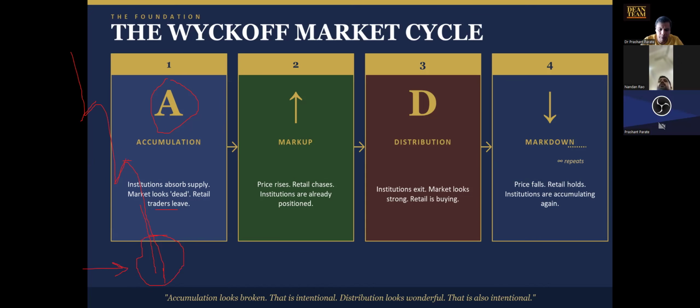After that, what happens when the prices go up? If their absorption is complete, they will not sell. If their absorption is not complete, when prices rise, what will they do? They will sell here to bring the prices down again, because they want to buy at a cheaper rate when retailers are exiting. So there may be a selling bias present here. Prices go up to that, come down again, and it may break down below this, or it may get supported, but mostly it goes below this swing low.